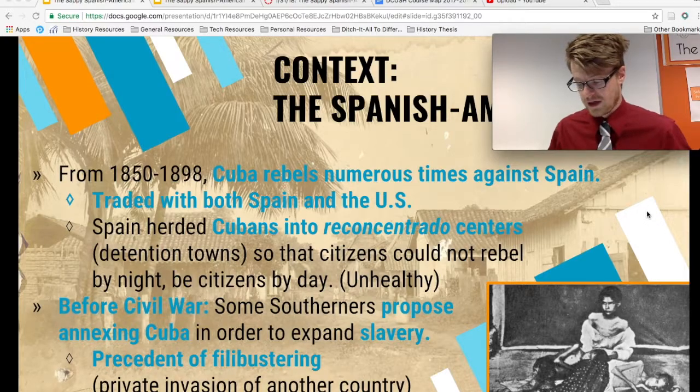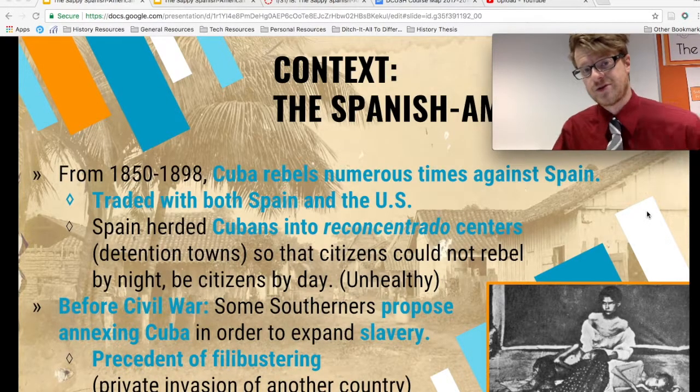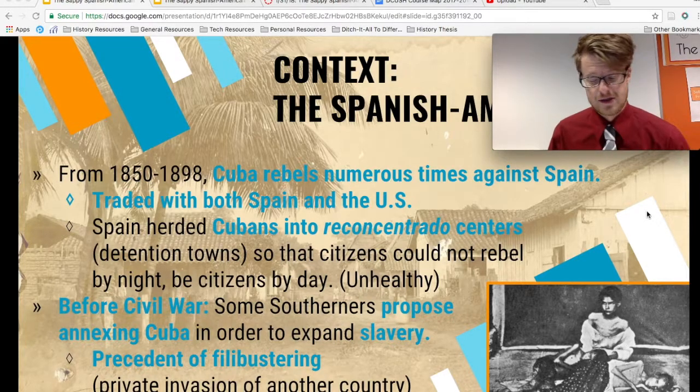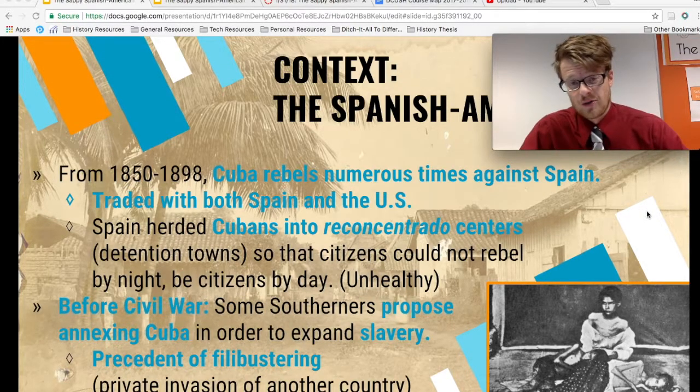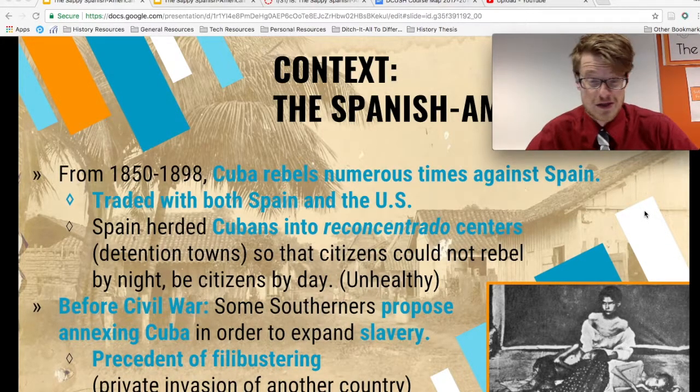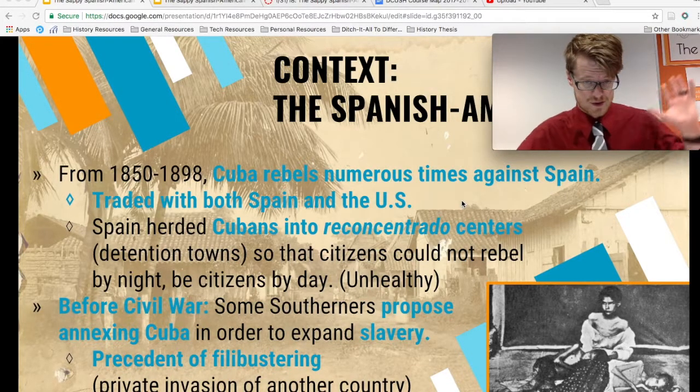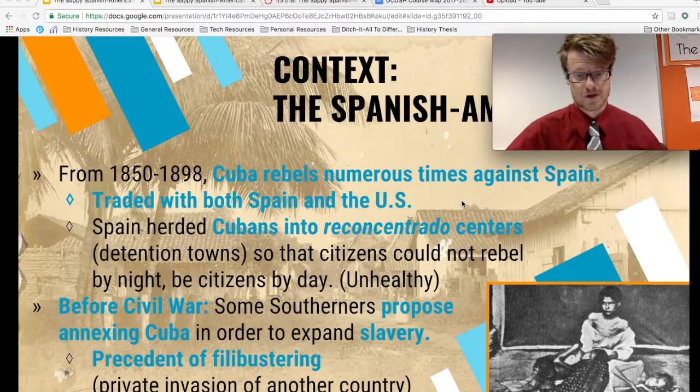And what we see there is a whole bunch of things called filibustering. Now, filibustering is not just the thing where you stand in front of the Senate and prevent the Senate from voting. A filibuster is also a name given to when you are a private citizen, you raise up an army, and you go invade another country as a private citizen. There were several Americans who actually did attempt to do this before the Cuban-American War. So there's also this precedent that had been happening before the conflict even breaks out.